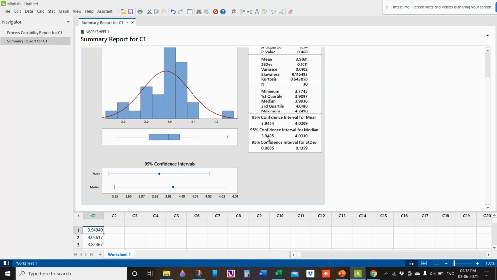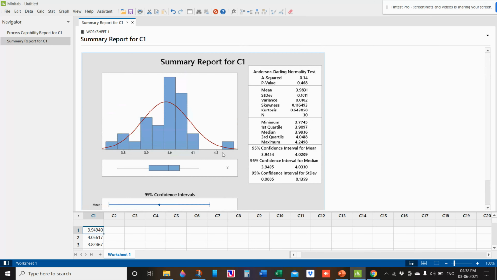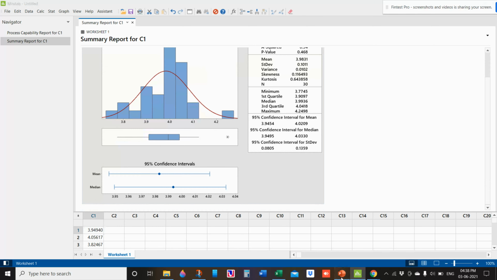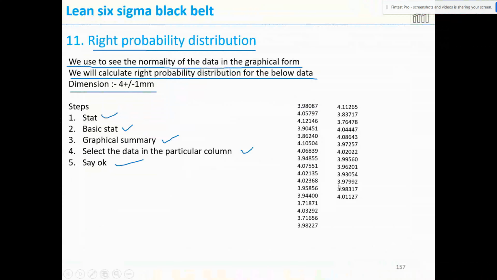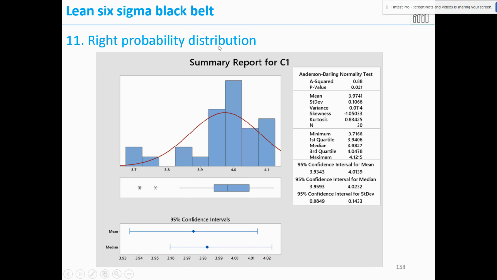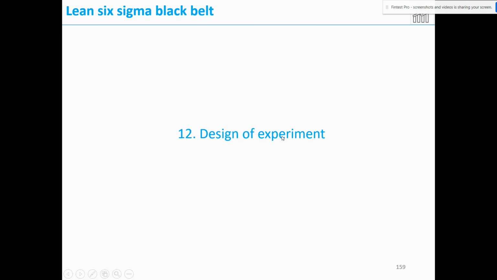For median it is 3.94 to 4.03. The confidence interval for standard deviation is 0.8 to 1.3. So this is based on the 95% confidence interval. Okay. So this is how we can do right probability distribution to analyze everything in a single graph.